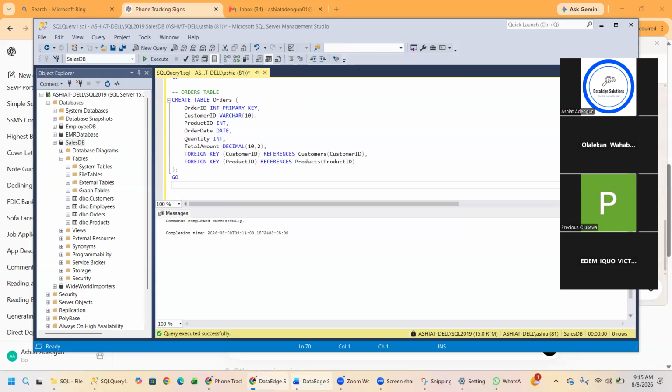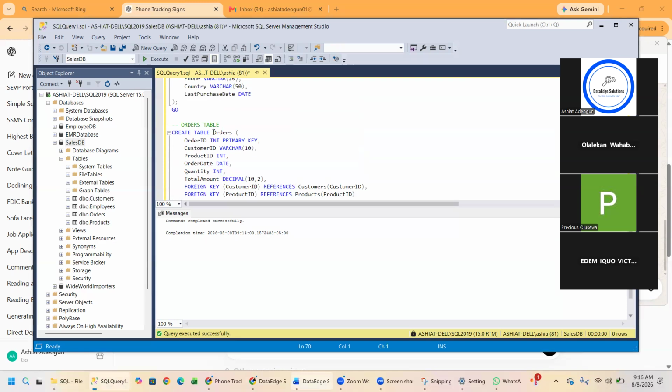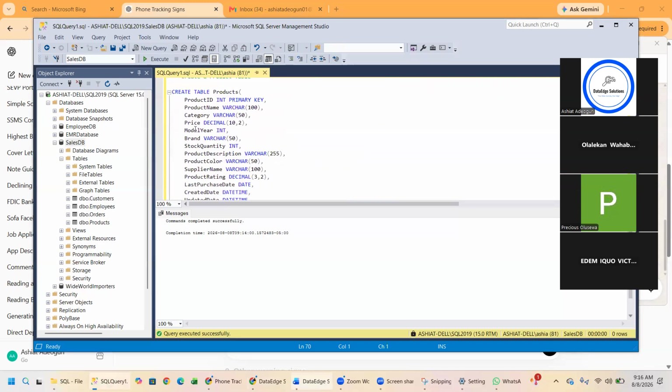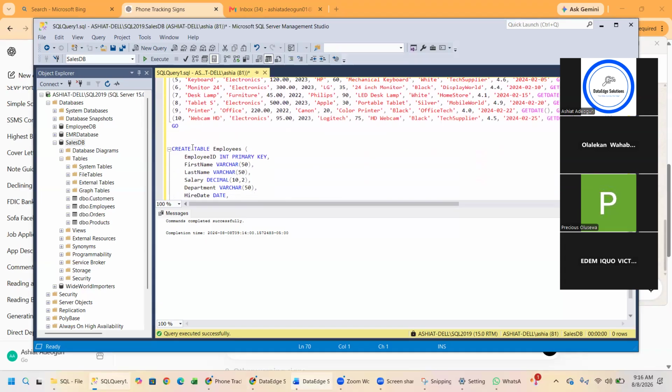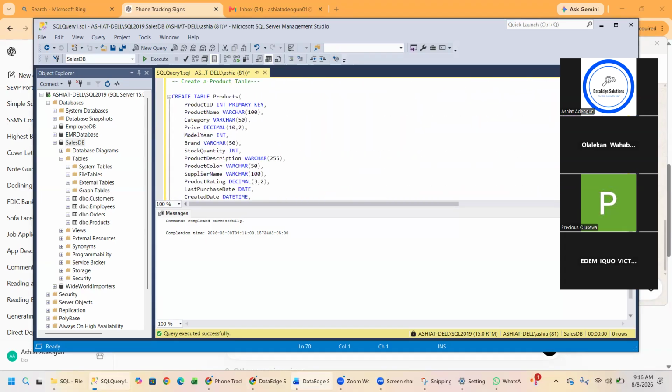Let me recap what I'm trying to do. Last time we wrote a lot of queries. Today, I want to show you how to create a database from scratch, not the one that we downloaded and imported. You first create your database. We created sales DB. And inside the database, I said that a database contains multiple